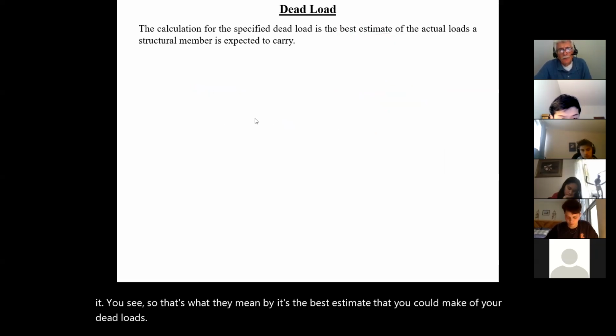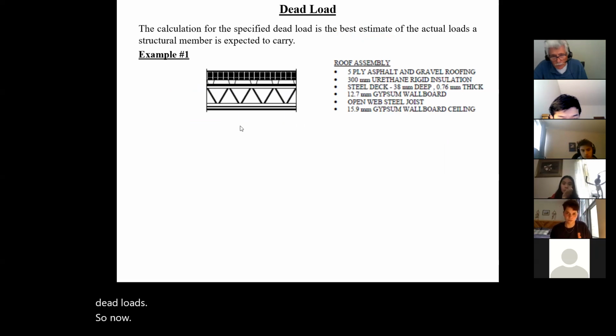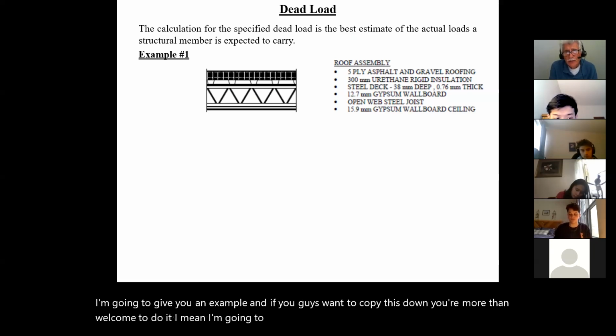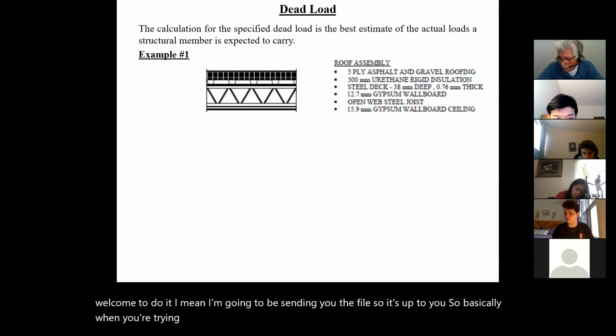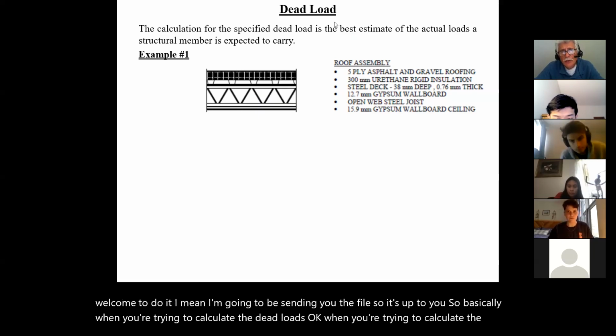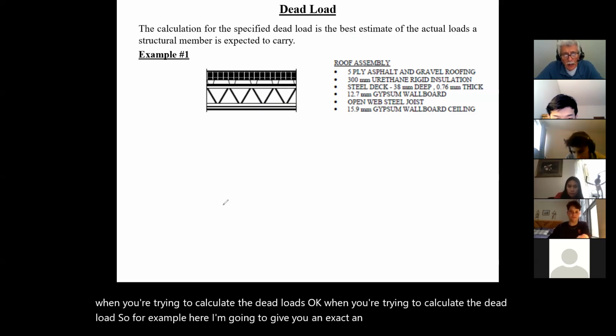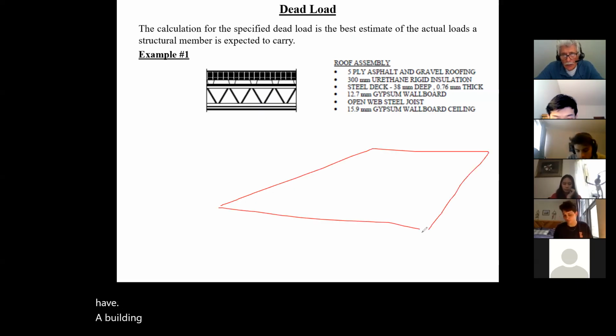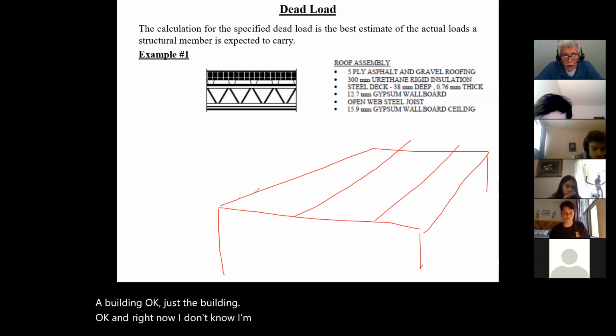So now, I'm going to give you an example, and if you want to copy this down, you're more than welcome to. I'm going to be sending you the file, so it's up to you. When you're trying to calculate the dead load, I'm going to give you an idea of what's happening. I have a building. This is the building. And right across here,